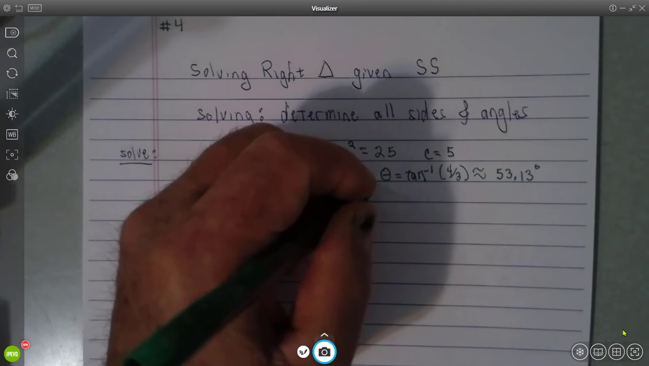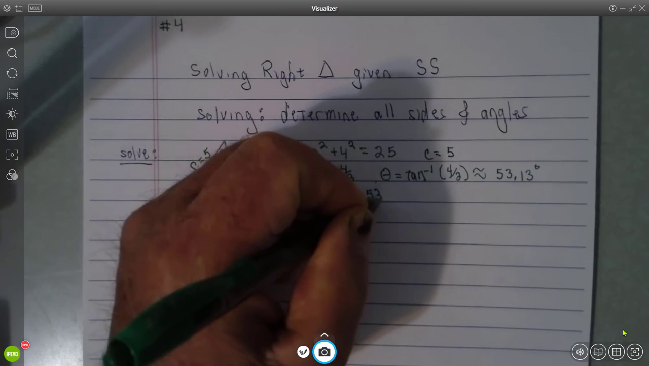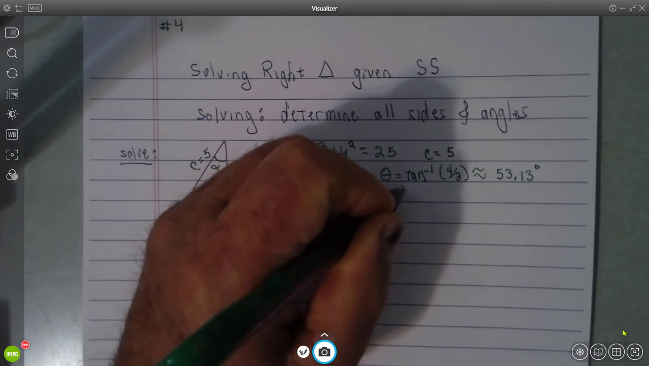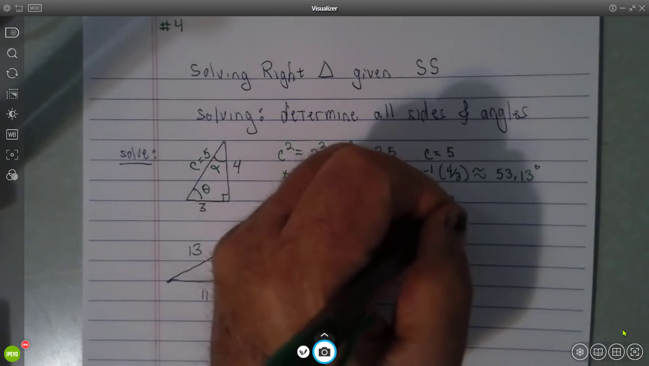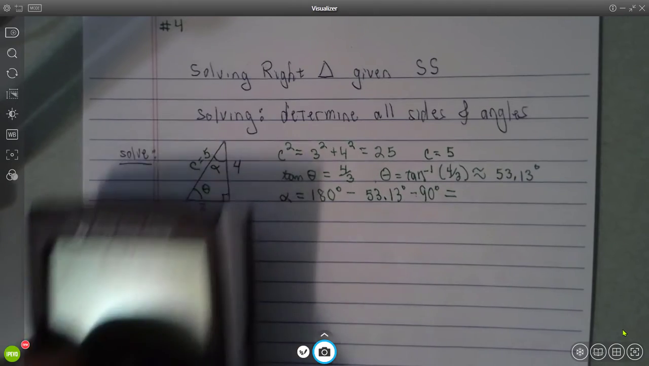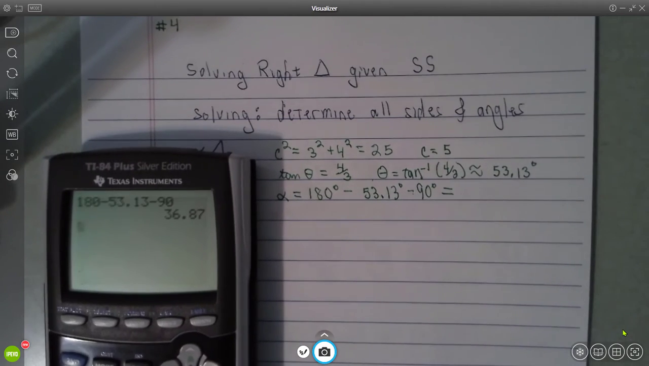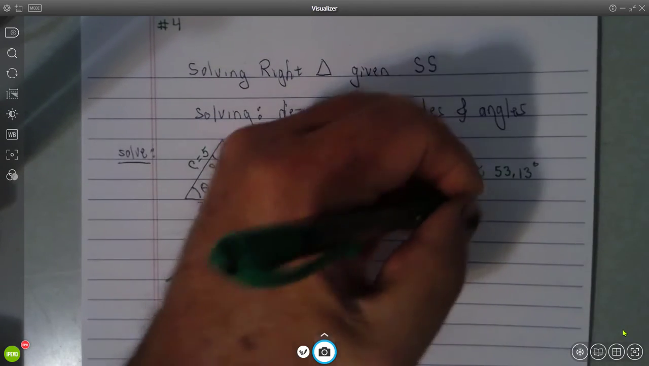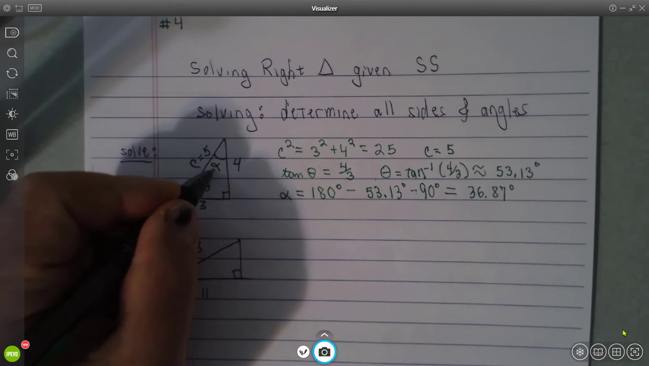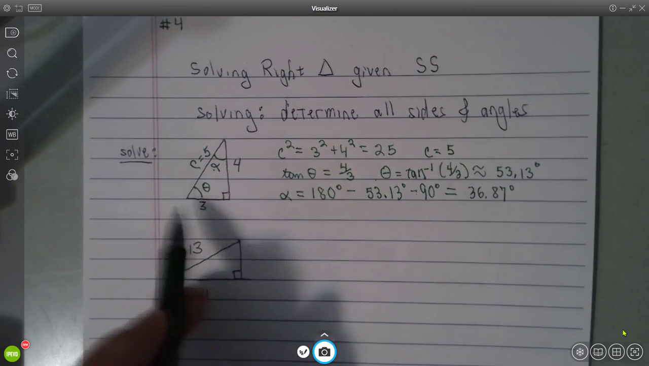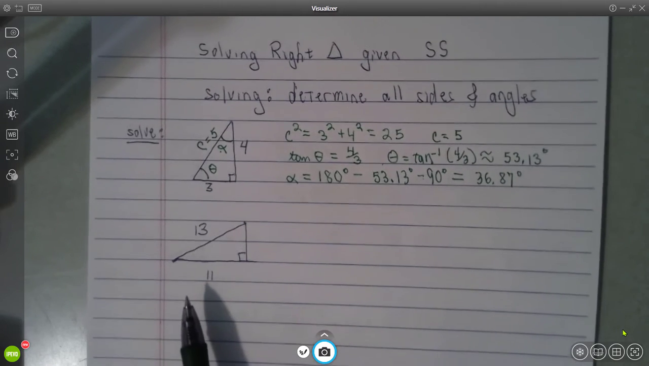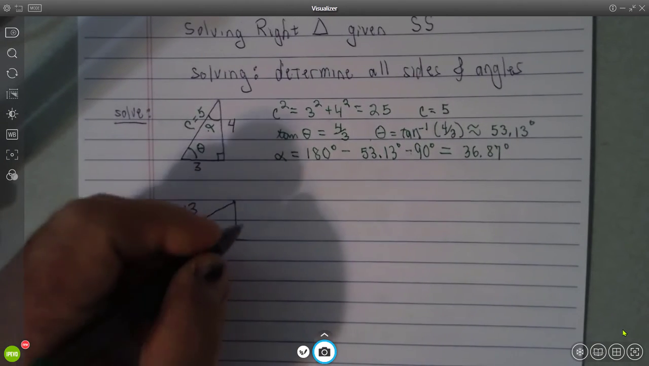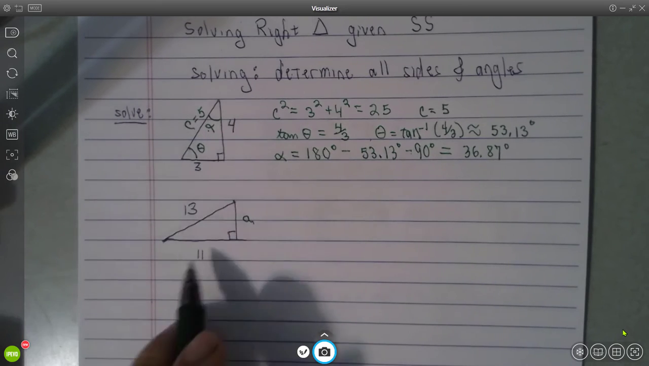The angle we just solved for is 53.13. And of course, there's a right angle in here as well. So what remains must be the measure of the angle alpha. 36.87 degrees is this angle here, and now we have all three sides and all three angles. The next one is very similar, except in this case we have a leg rather than the hypotenuse as the